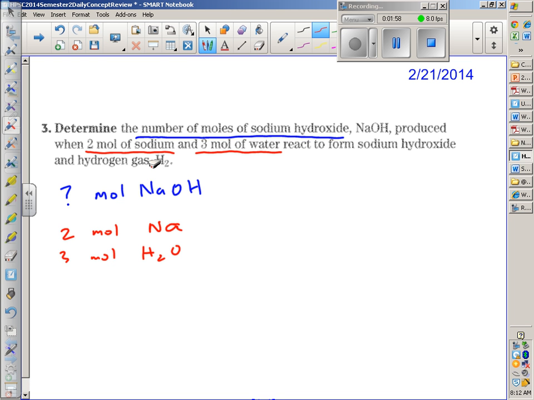So, to get a balanced equation, first thing we need to do is determine our reactants and our products. What are the reactants in this reaction? What are we starting with? Nick, go ahead. Sodium and water, right? When sodium and water react. So, sodium plus water, right? And then,